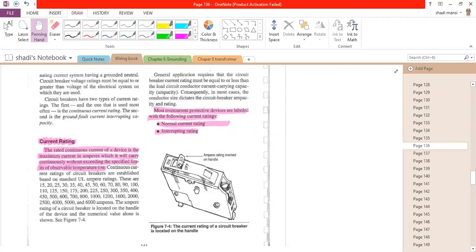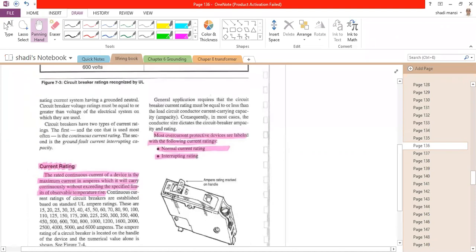If we have an abnormal condition like overload or short circuit, it doesn't open because with the time it is melted down, okay? So we have to take this into consideration. Now this continuous current is called the current rating of the circuit breaker, okay? General application requires, it is very important, so I'm going to highlight it, that the circuit breaker's current rating must be equal or less than the load circuit conductor current